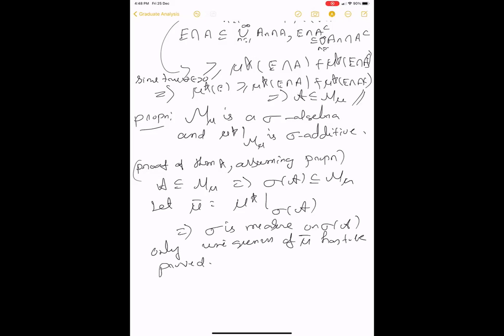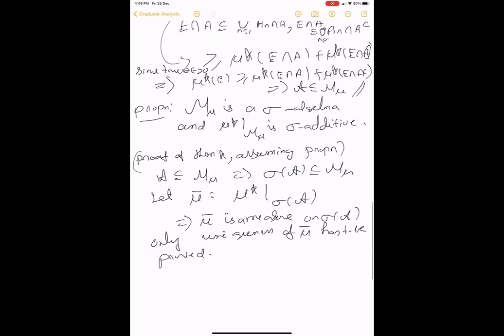So you mean mu bar is the measure, right? Mu bar is the measure, right? On sigma A? Mu bar is a measure, okay? And it is the measure, if you want to say. Okay, it's a unique measure, if you want to say. So to prove uniqueness,